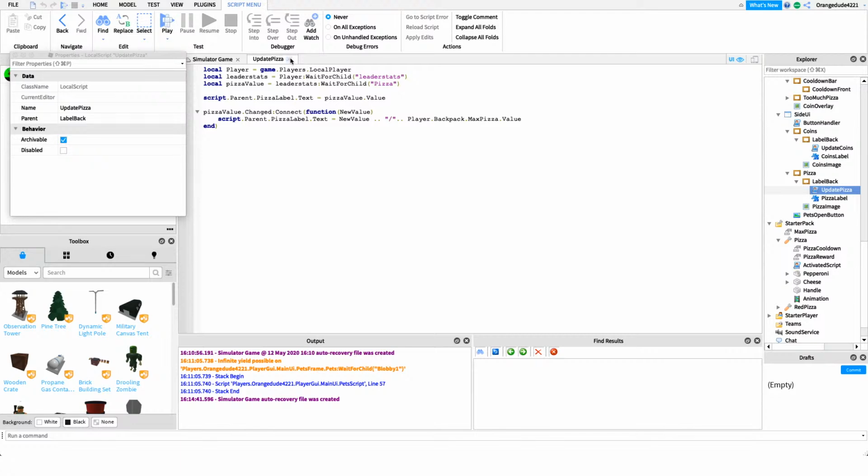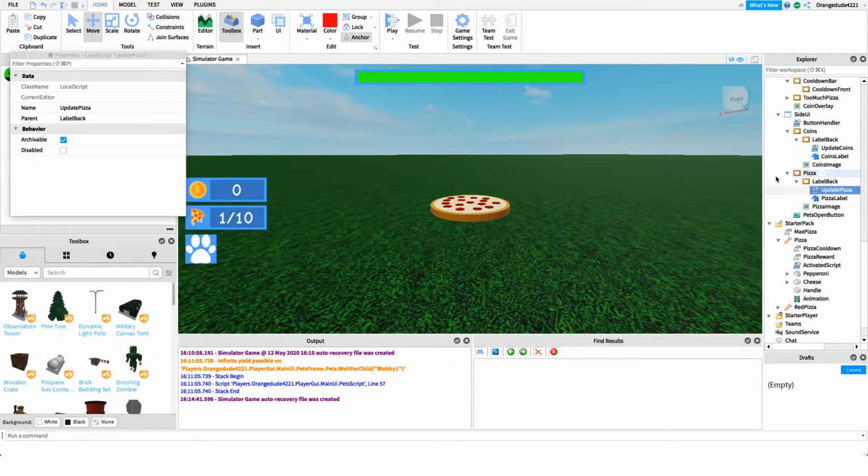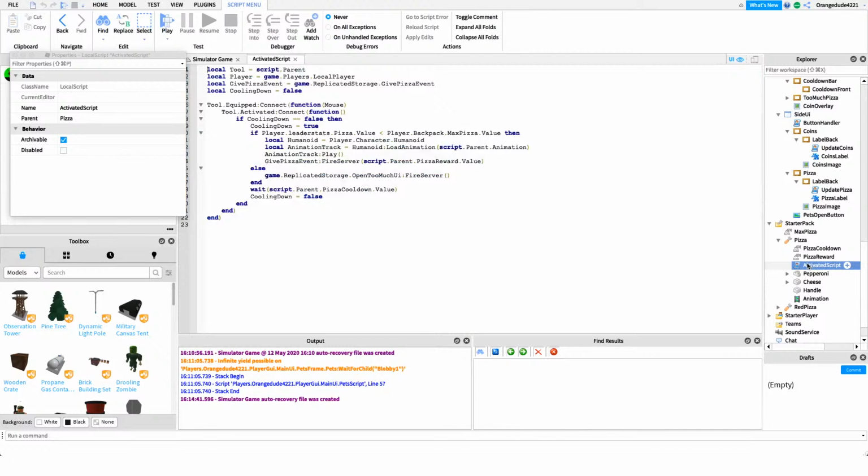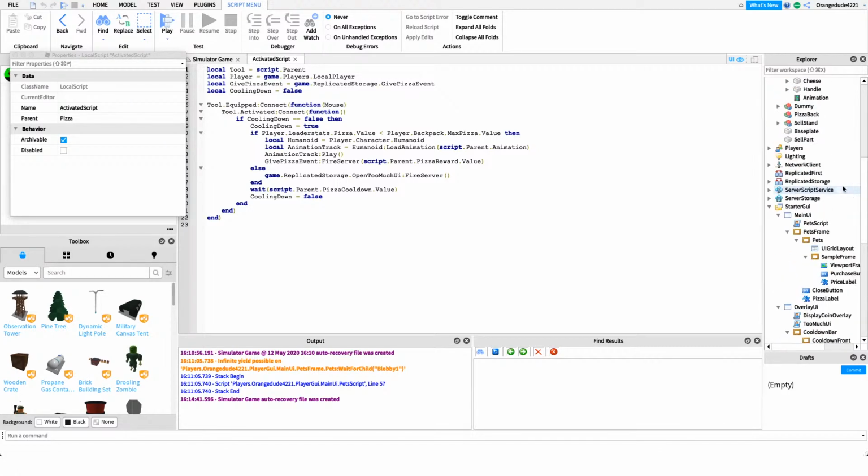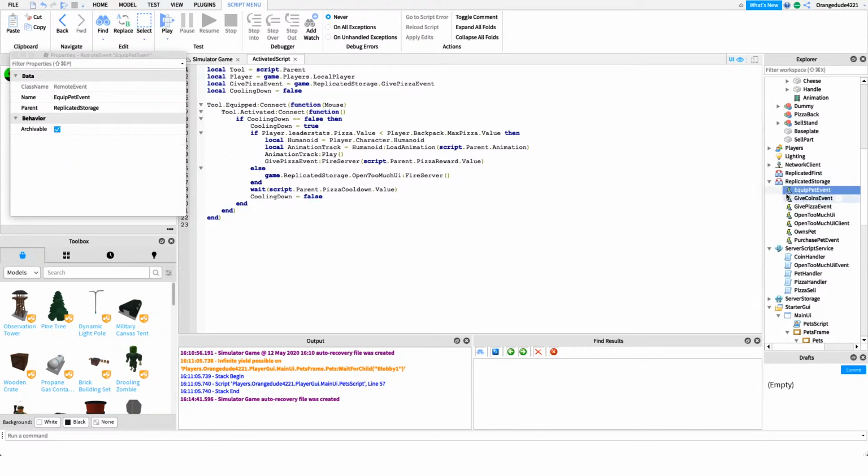I might just do it with remote events. I might just fire. Well, I would add it to the click function. So then we'd have to do that underneath the pizza itself. Yeah, we could do it in here. And then we just need to do a remote events type thing. Yeah, okay, we'll do that. So we're going to say, because we have to fire it to the server and then we have to fire it back to the client. So I'm just going to say